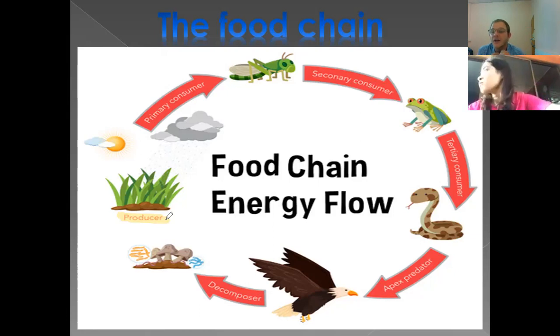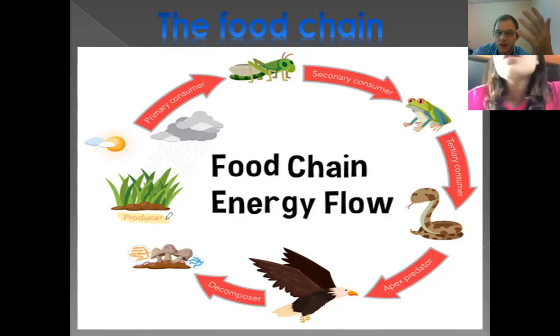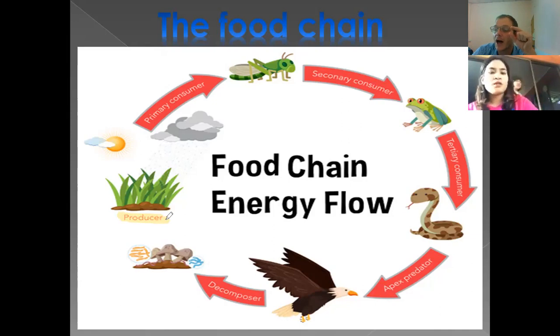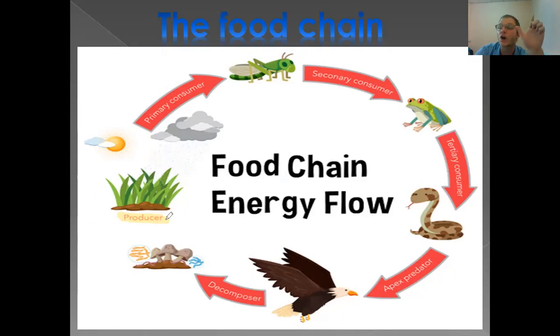So in the beginning, we have the grass that grows, or the plants, which is the producer. Then we also have small animals that eat from the plants. They are the primary consumer. They can be like a locust or a grasshopper, eating the little leaves of plants for food.